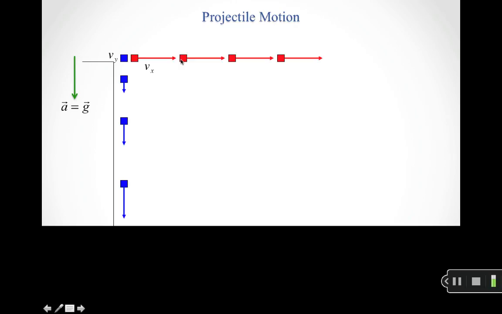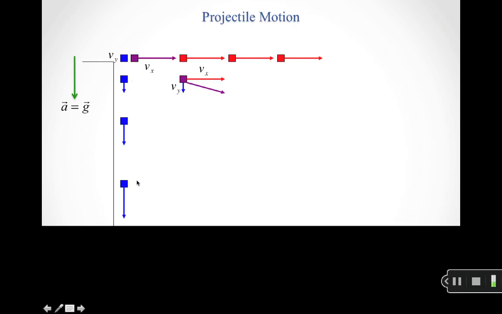So as my object moves away from the building, when I throw it horizontally, what's going on in the x direction, where x is my horizontal coordinate here, doesn't change. So what this means is that when I throw this object horizontally, there are actually two pieces. There is the horizontal motion that stays the same, and there is the vertical motion